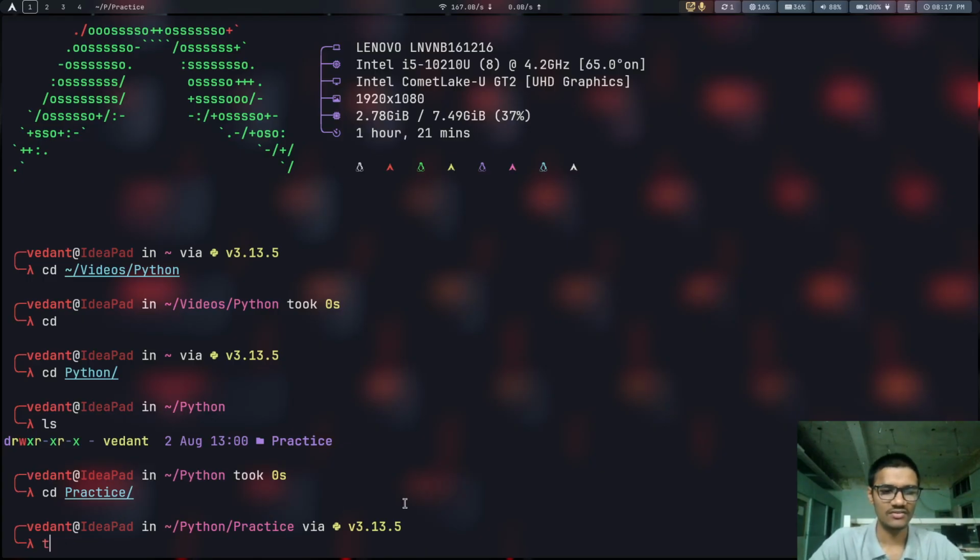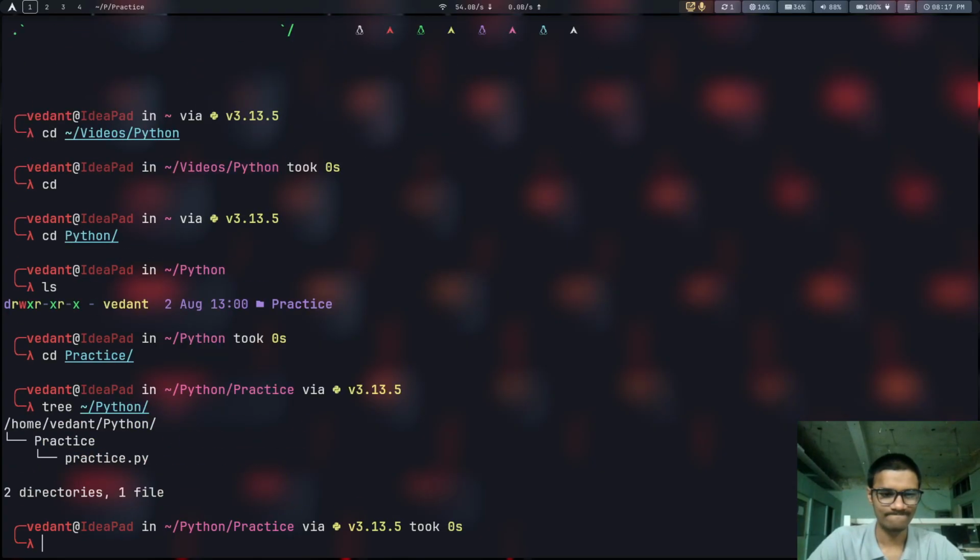Let me just show you the structure of my directories. Let's just go with Python. Okay, here you go. See, here it says home, Vedant, which is my username I am currently logged into, and Python.